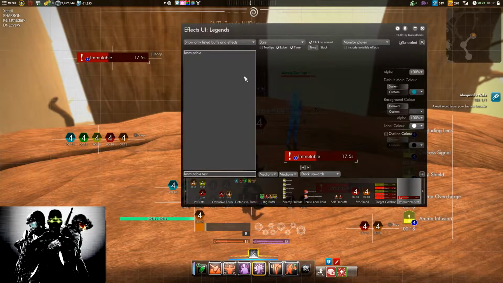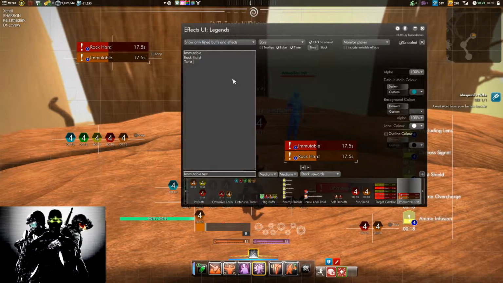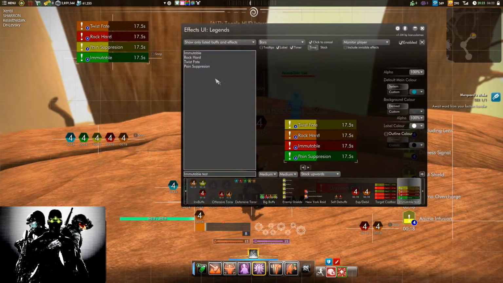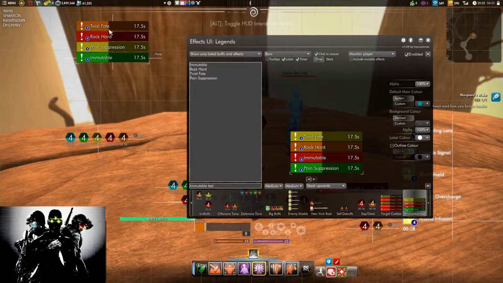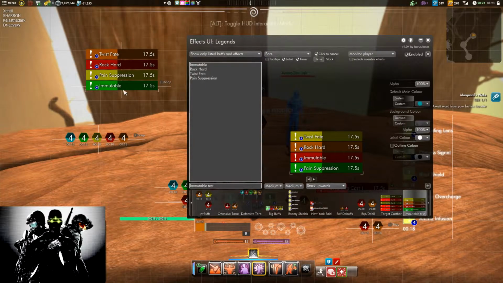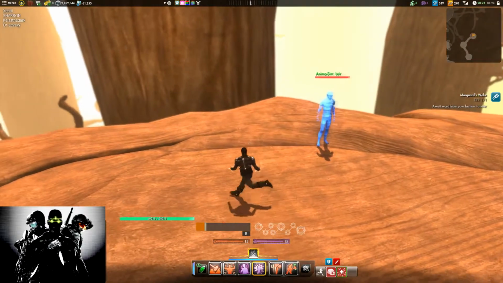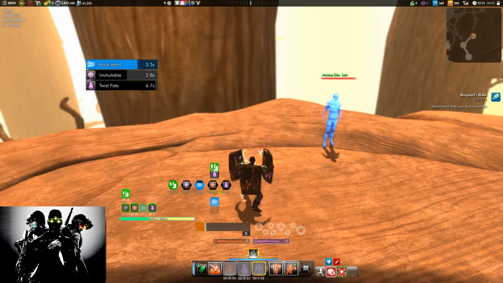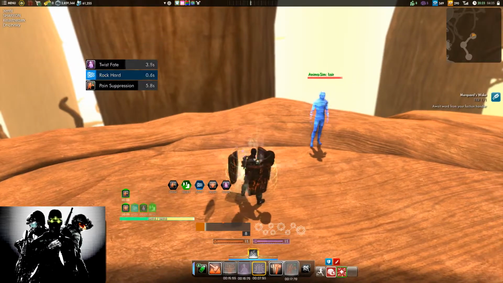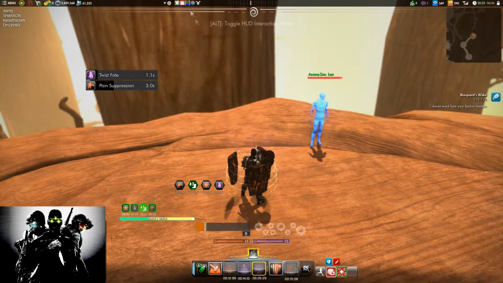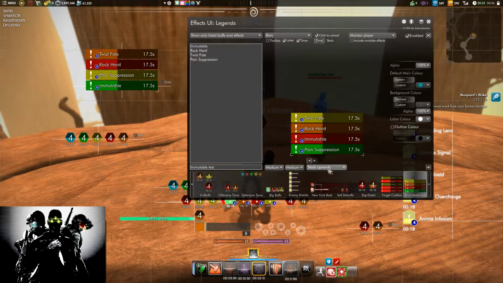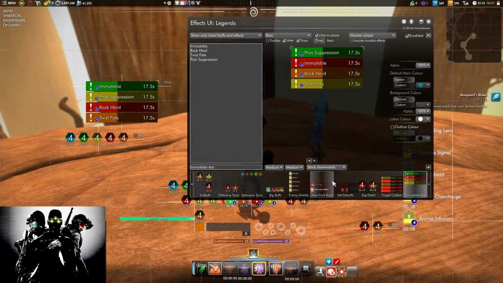Now let's see how we can add some other buffs in this tracker, such as Rock Hard, Twist Fate, and Pain Suppression. Alright, so as you can see, they appear in a column and they stack from bottom to top. So if I use them all at once, they stack from bottom to top, indeed. So this is obviously changeable. You can select stack upwards or stack downwards,